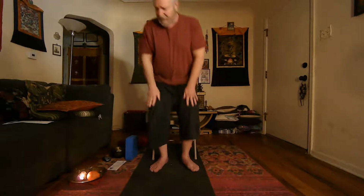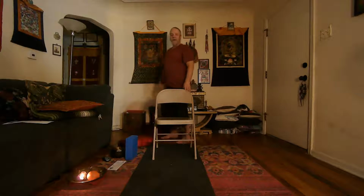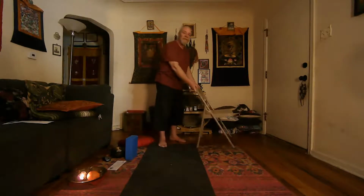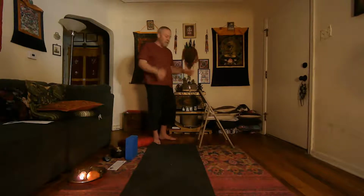So slowly opening your eyes, taking a couple of breaths, just feeling the effects of the breath in our opening meditation. And then I invite you to come to standing. We're going to do a rather simple warm-up, just to prepare the joints for the movements that we're going to be making and to be able to sit comfortably in meditation. So placing your chair in front of you